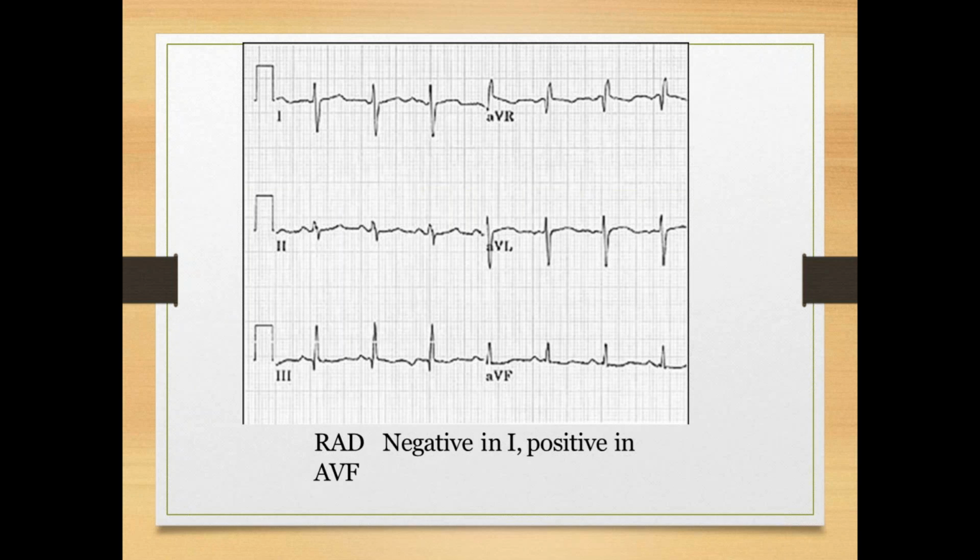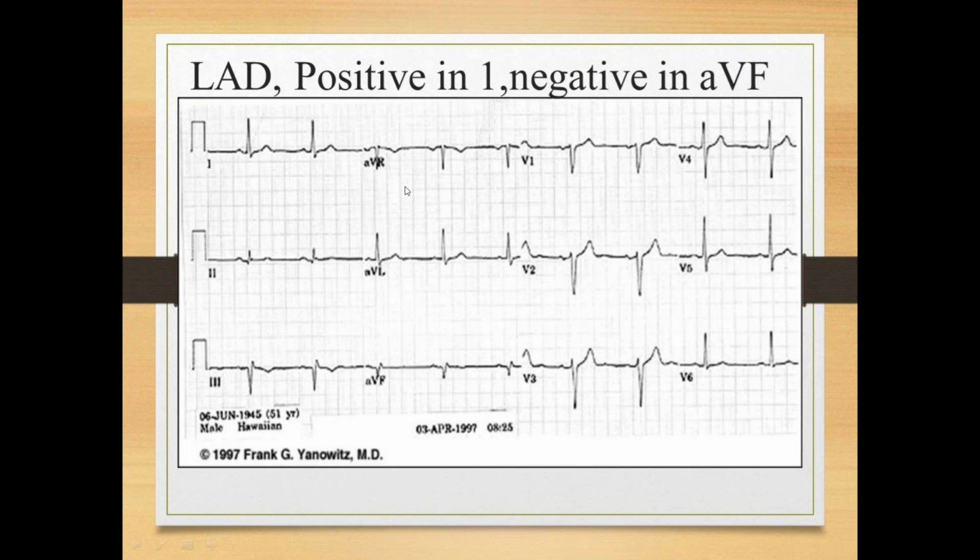So this is an ECG showing right axis deviation. For looking at the axis, you must always look at lead 1 and AVF. Here it is a negative deflection QRS, and this is the positive deflection. Like I said, the mnemonic is kissing each other. So lead 1 and AVF towards each other is right axis deviation. Left axis deviation will be lead 1 and AVF away from each other. So that is suggestive of left axis deviation in the ECG.